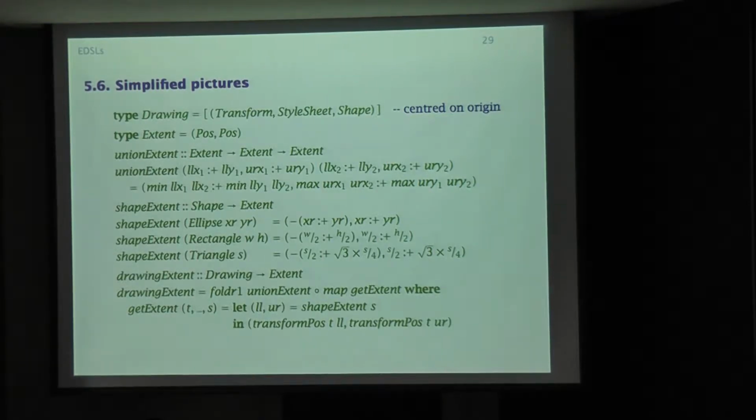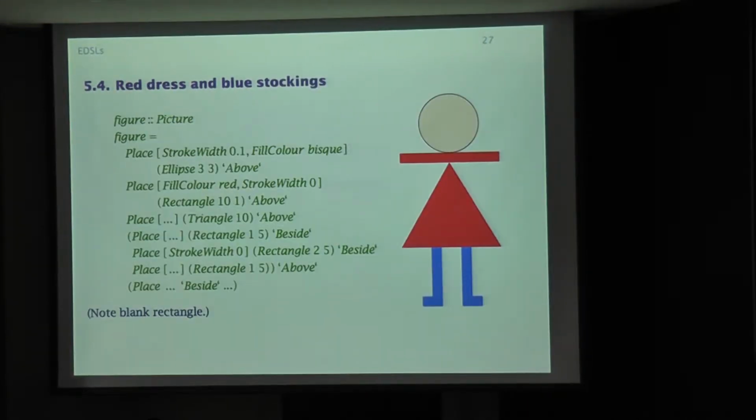And I'm also going to maintain the invariant for simplicity in the definition. I'm going to maintain the invariant that one of these drawings is centered on the origin. So I have some flexibility here in making my stick figure. I could put the origin sort of here in the middle of the circle, and then I wouldn't have to shift the circle at all. And the arms would go down, and the body would go down a bit further, and the legs would go down further still. Or I could put the origin here in the middle of the body,